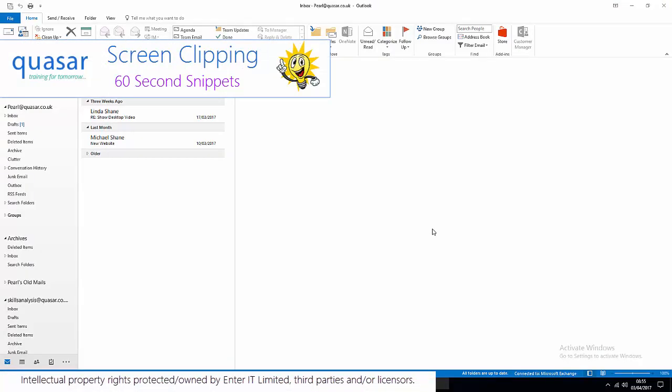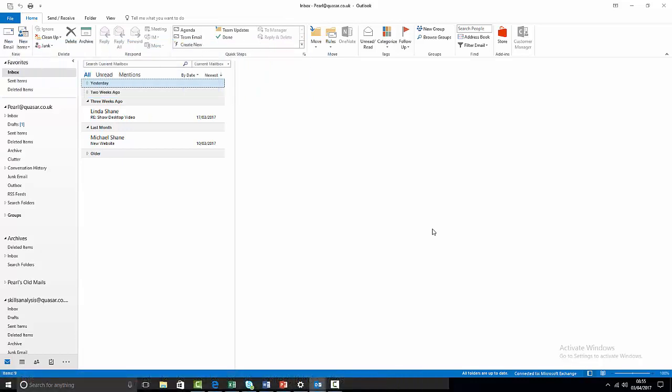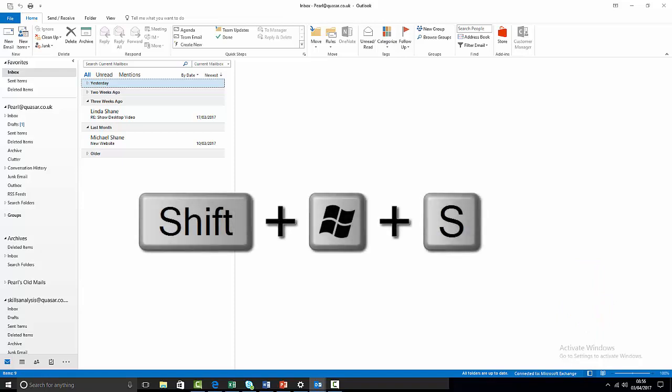Did you know that if you've ever used OneNote on your computer, you'll be able to use a shortcut key to take screen clippings of your screen? I've got an error message in the bottom corner of my screen and I'd like to send it to my IT team. So I'm going to use Windows Shift S,